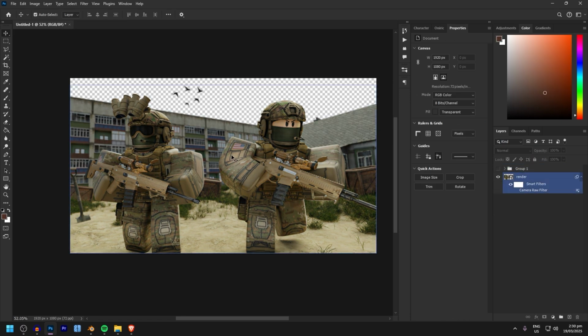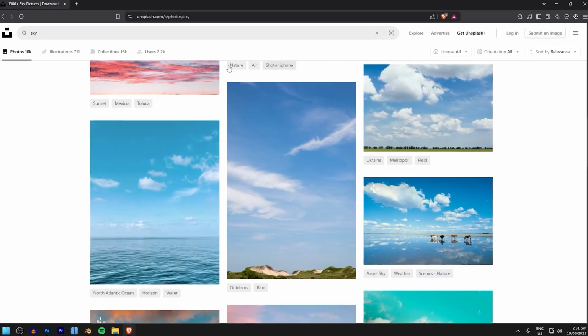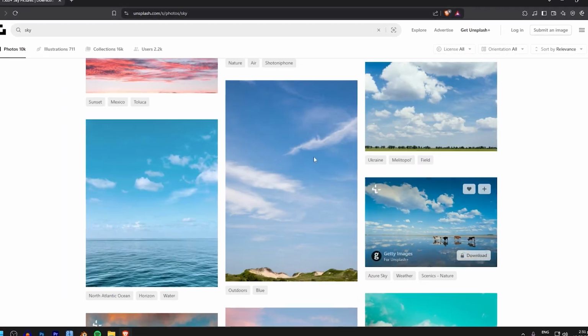So this is our raw render. It looks pretty nice, but it does also look quite dry and bland. As soon as we add a camera raw filter in, it already starts to look a lot more vibrant. But then after a few extra adjustment layers, it starts looking super nice. Now I'm going to head over to unsplash.com and search up sky and find a nice image to use for